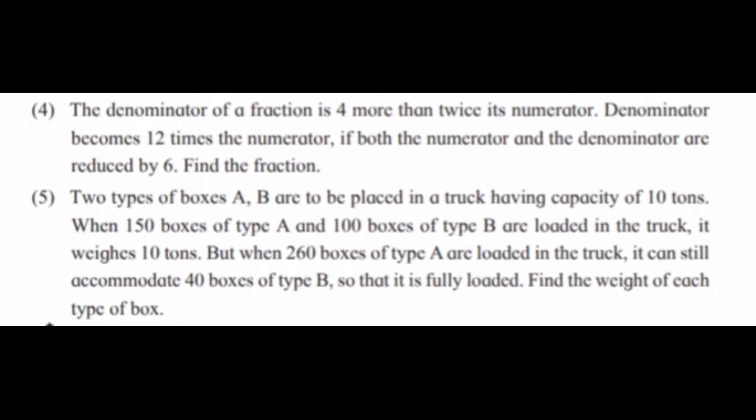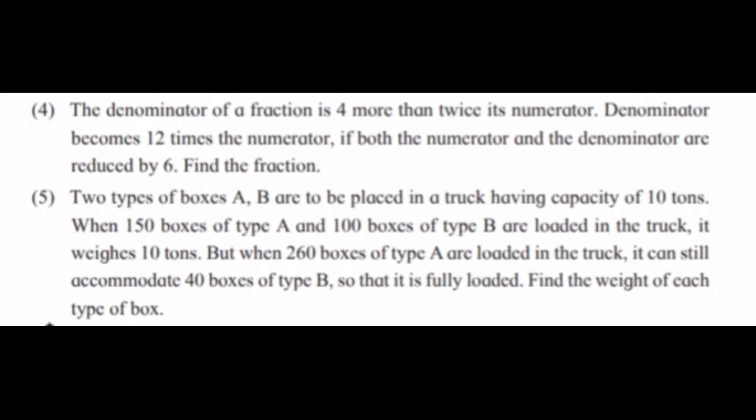Denominator of a fraction is 4 more than twice its numerator. Denominator becomes 12 times the numerator if both the numerator and denominator are reduced by 6. Find the fraction. Two types of boxes A, B are to be placed in a truck having capacity of 10